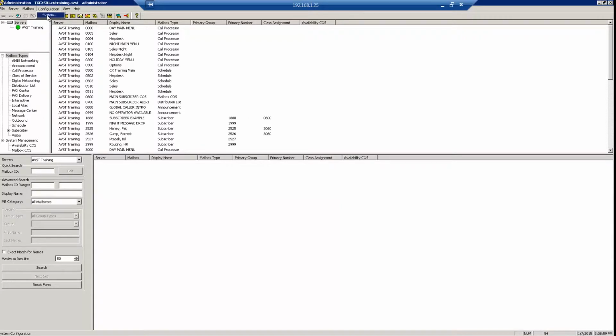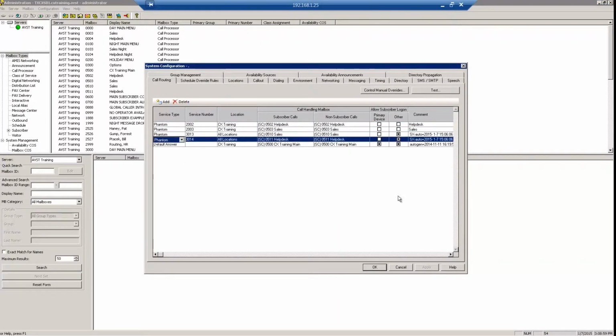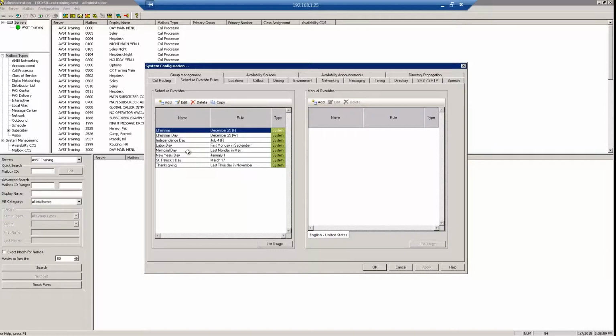So what you'll see here now is under Configuration System, Call Routing, I have two new routes, and you can see where it was done by the SX or the ScheduleXpress utility. I can then modify these in any way. If I want to change to a different schedule mailbox at this point, I can do that. Now, keep in mind, this is now an active page, so the routing is happening through this page. So be careful with any changes here. With our schedules, we have our new holidays. And in our schedule mailboxes,